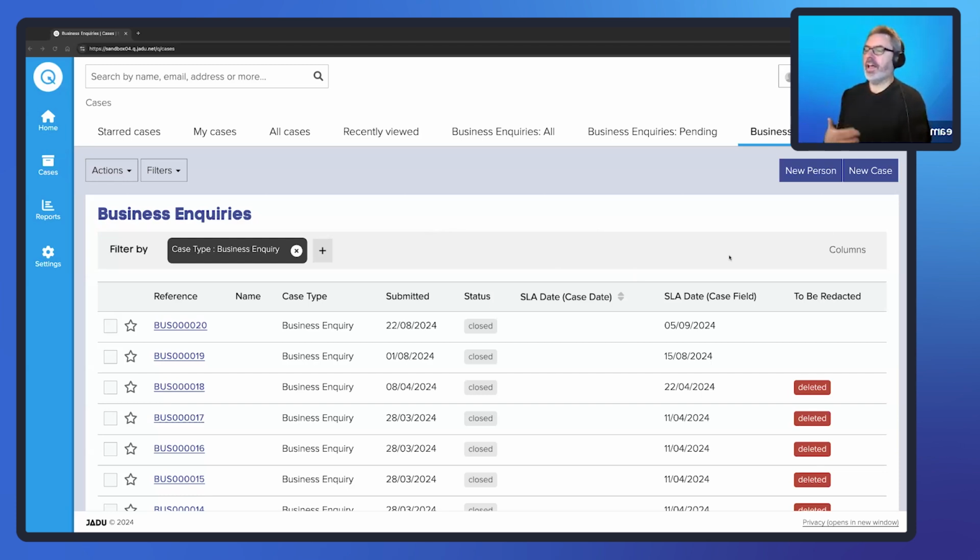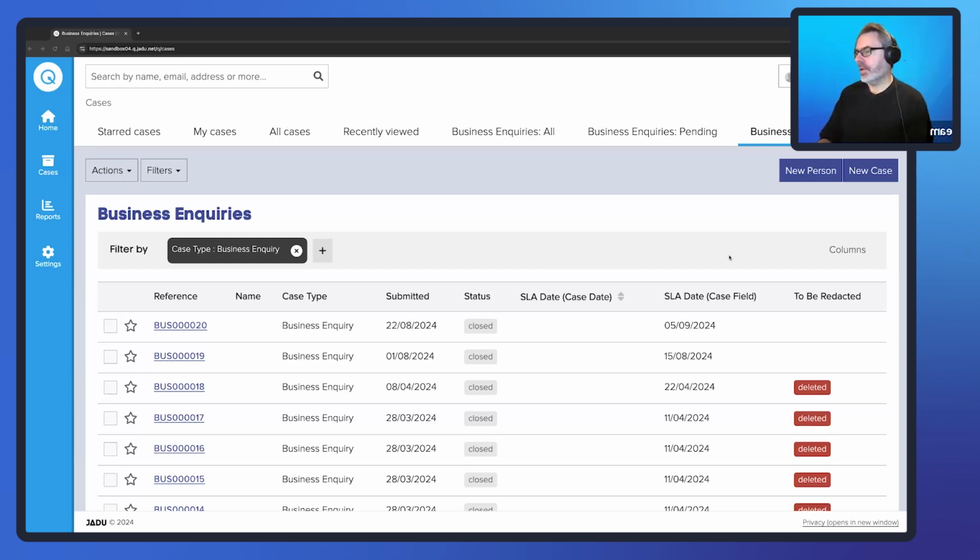You can set a flag against the case to determine whether it should be redacted or not. You can set up a rule in that case type to set that field based on a case state, and then you can have a filter that automatically displays all of the